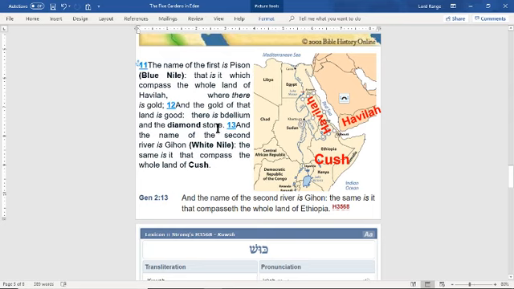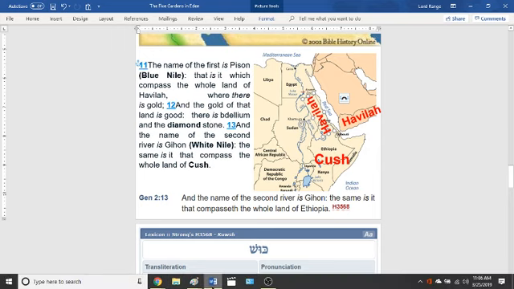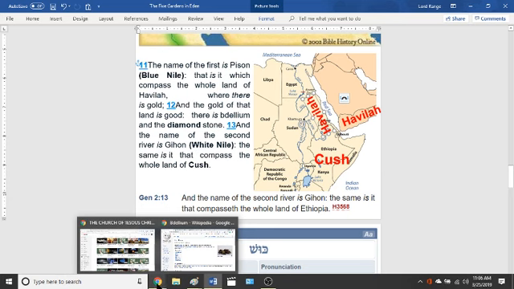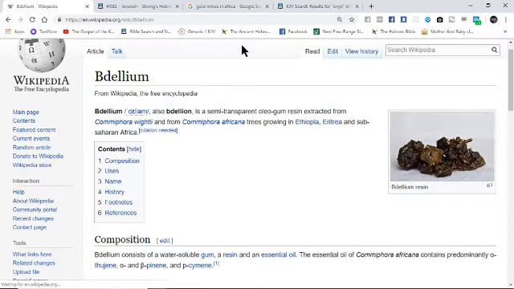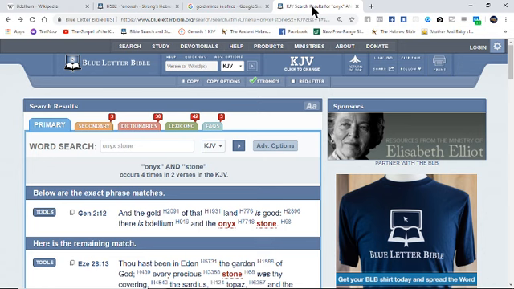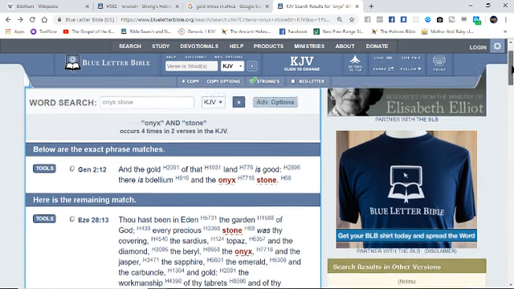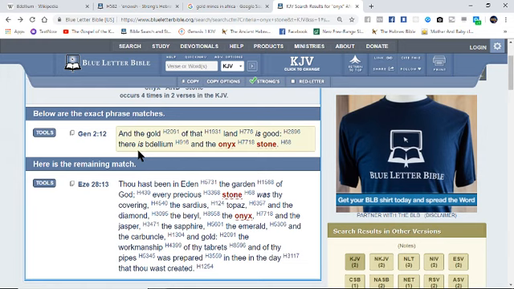And the last thing I'm going to go over here in verse 12 is where it says, and the diamond stone. Now, the King James Version Bible says onyx stone. But there is something I want to point out really quick about the onyx stone, or these different stones in the Bible, just so you're aware for future study. Here is that term onyx stone. Well, in my translation, I have diamond. If you click on the Hebrew reference number for onyx stone,